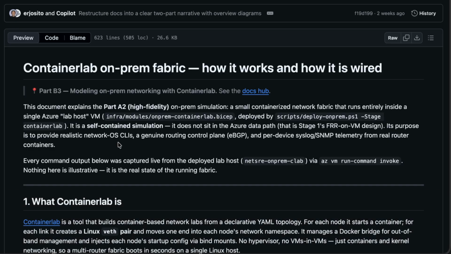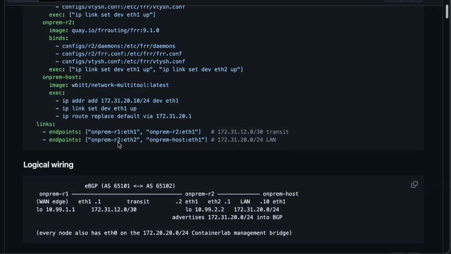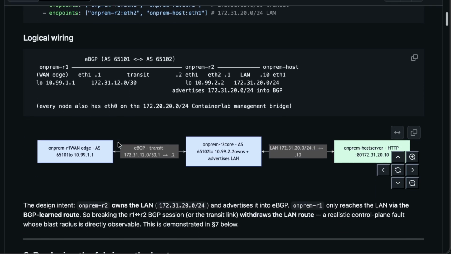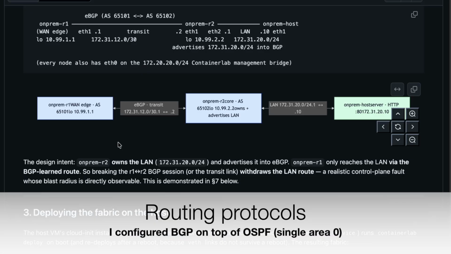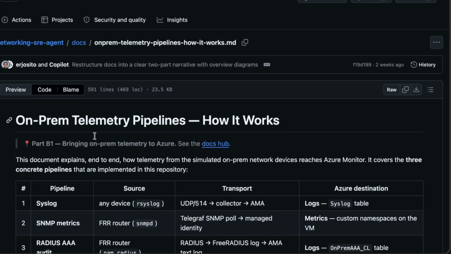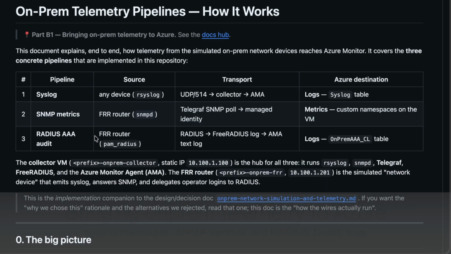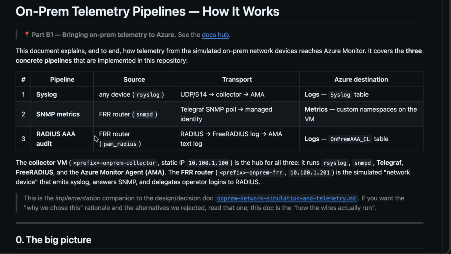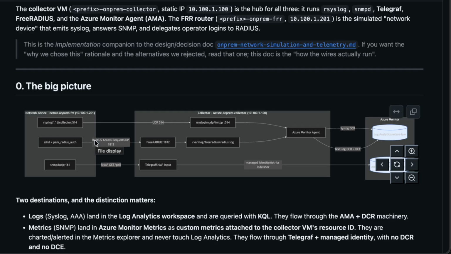I will simulate an on-prem network with Container Lab, with which you can deploy and simulate routers from Cisco, Nokia, Arista, etc. And also I will bring telemetry from these simulated routers, meaning SNMP metrics, syslog messages, accounting messages from RADIUS into Azure Monitor,